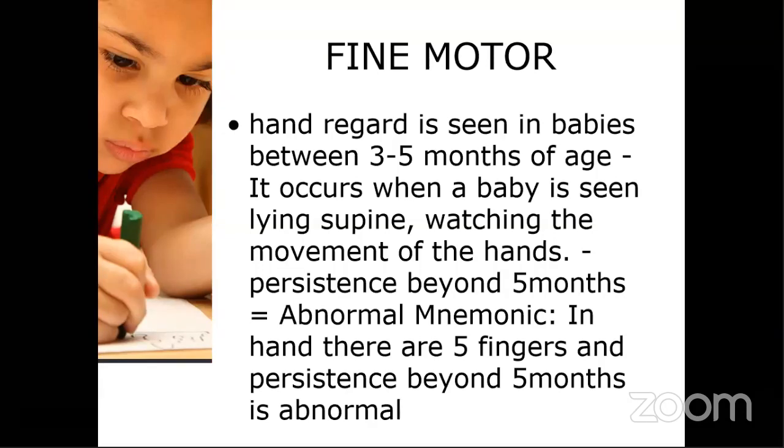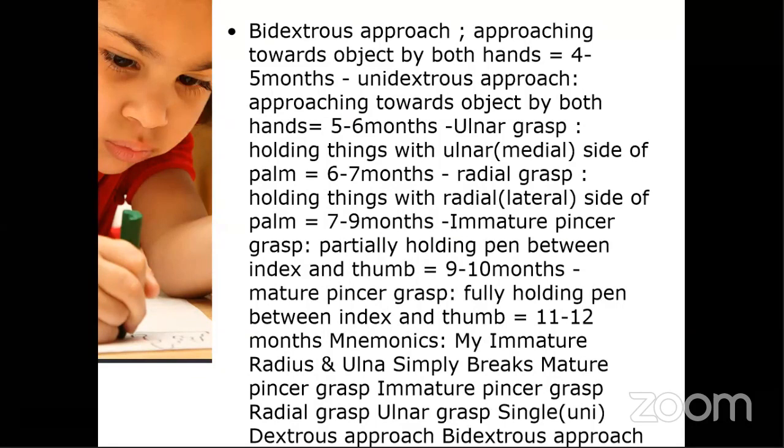Suppose think that. So, how to remember hand regard is seen in babies? When you put something in the hand of the baby, they grasp it. If they are grasping even beyond the 5 months, that is abnormal. How to remember? Because the baby's hand has 5 fingers, if after 5 months they are still holding that, it is abnormal. You can consider it. Next,